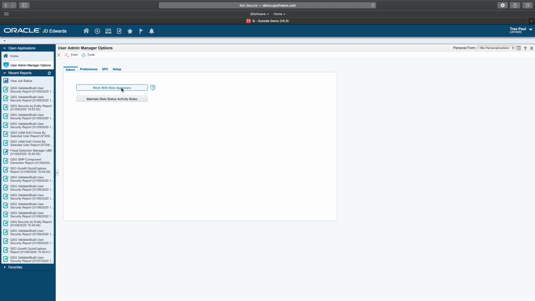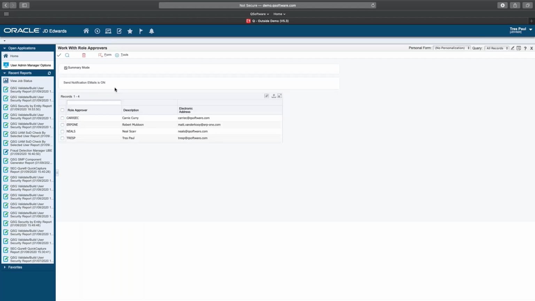and approvers can be designated for roles or users. So if you have a manager that's responsible specifically for users requesting roles, then you can assign that particular manager to all of those users. Or if you want to assign a manager to own all of the AP roles or so on, you could do that as well. So if I click on that role approvers part of the application, here you can see